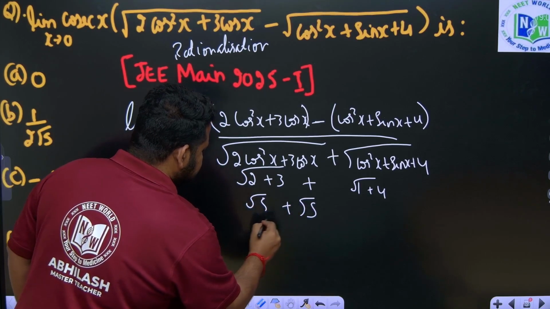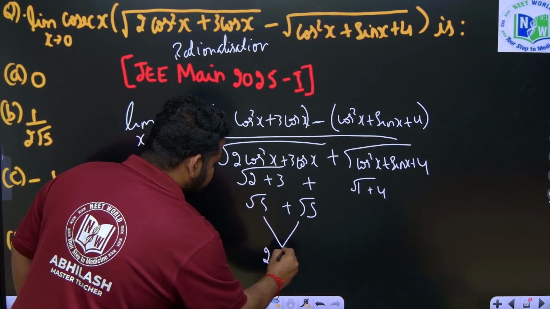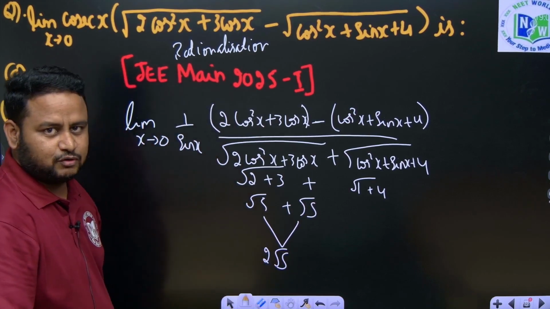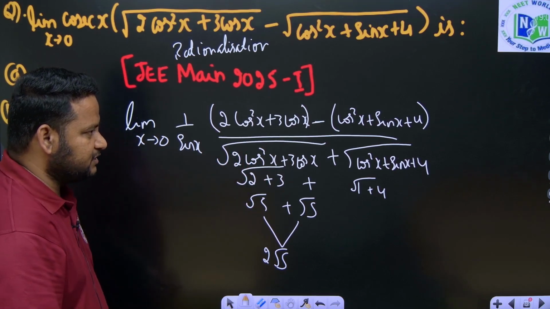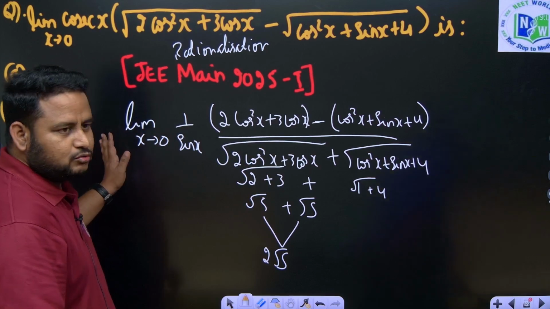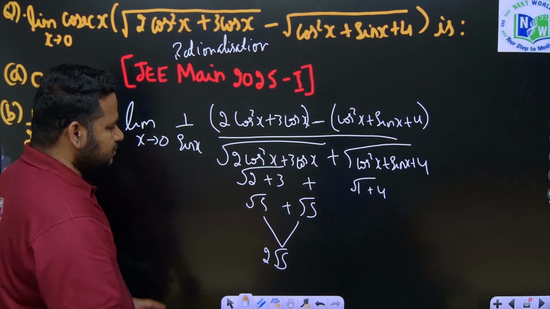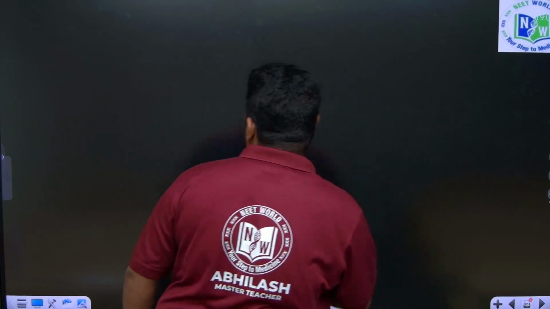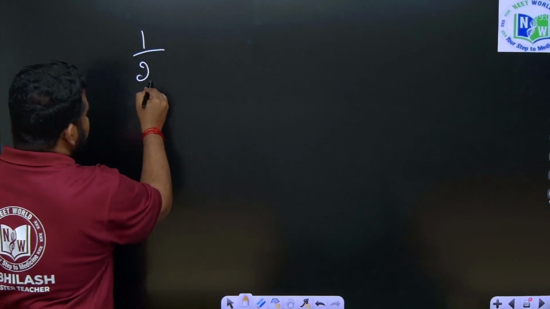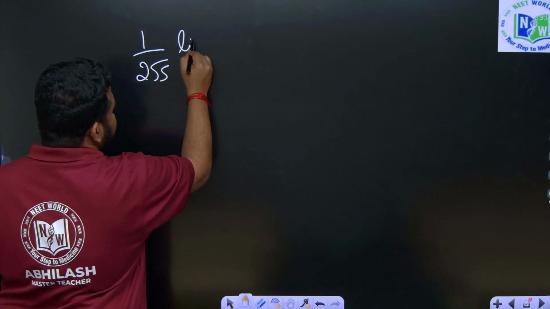This denominator, what will I get? 2 times square root of 5. Correct now? I will get it as 2 times square root of 5. So this denominator I can eliminate. So this will become what, friends? So this will become 1 by 2 times square root of 5. So next thing what I can do is 1 by 2 times square root of 5, limit as x